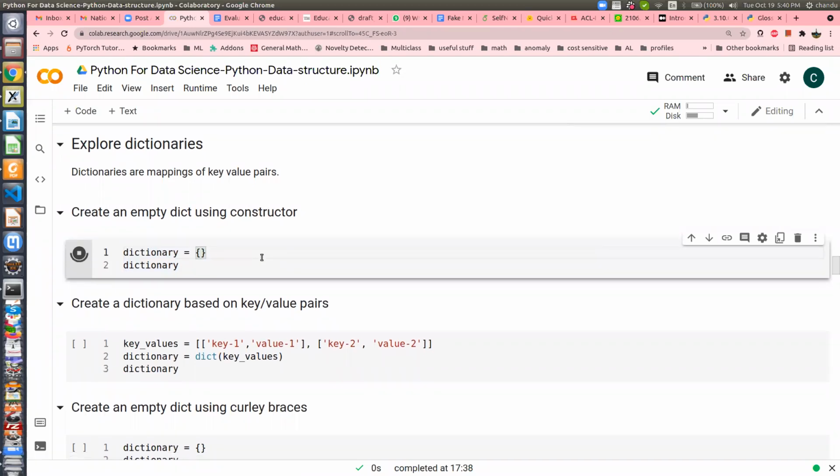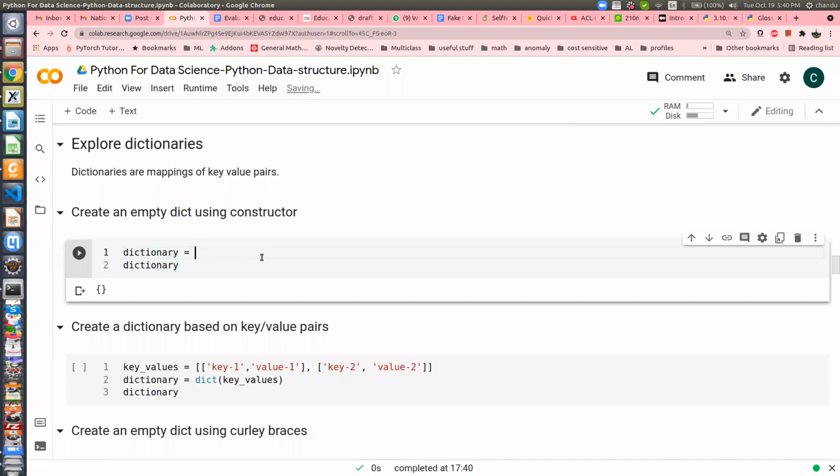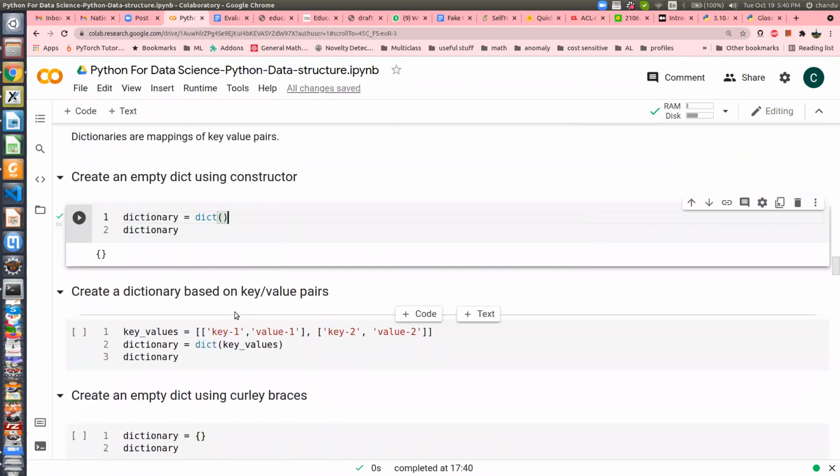In order to create a dictionary, you use these braces. It creates an empty dictionary, or you can also type dict, which will again create a dictionary. You can also create a dictionary based on key-value pairs. For example, you can specify my key is a, value is 2. Now if I print it,